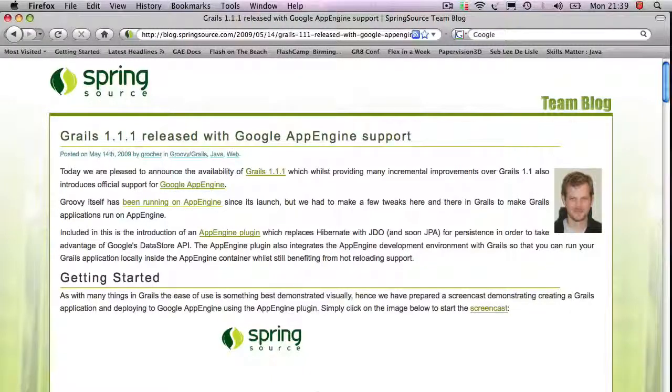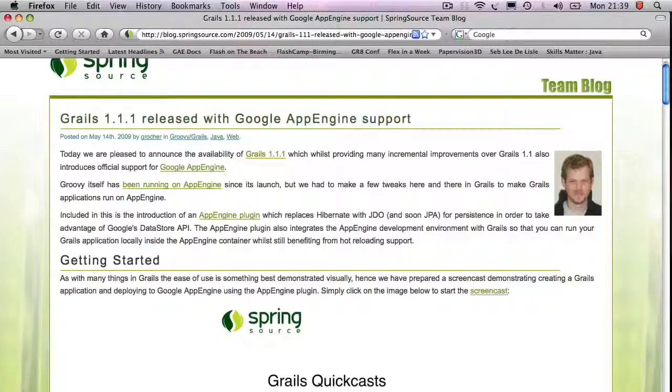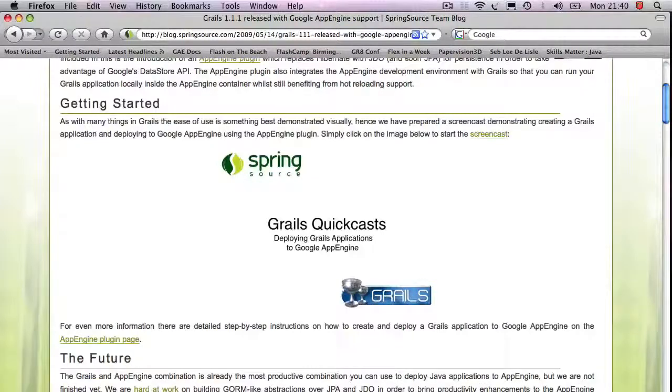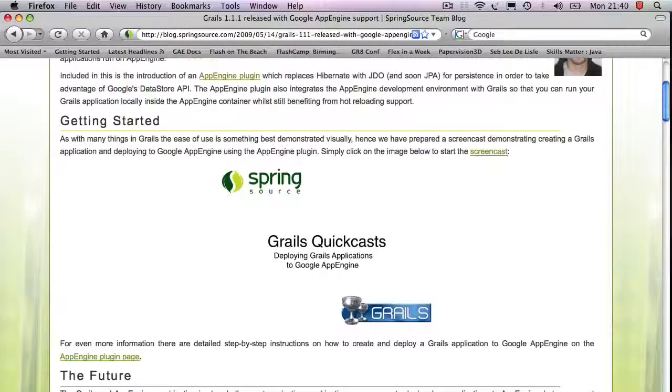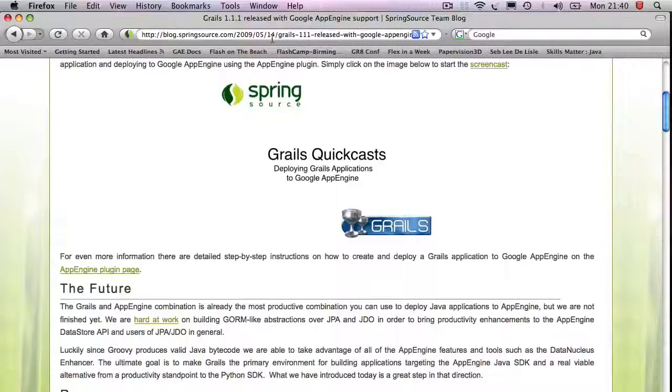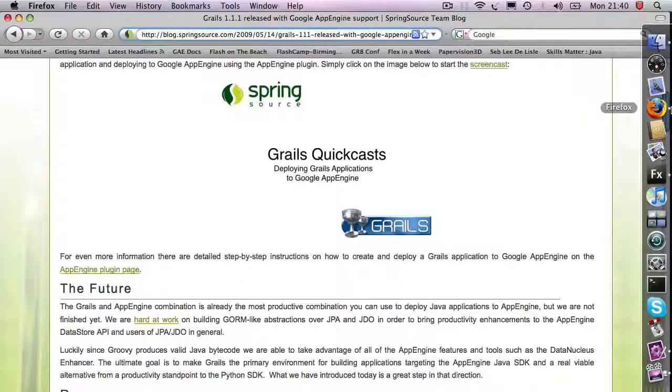I want to talk a little bit about how the SWF and the compiled Flash Flex movie gets thrown into the Google App Engine for deployment. For those of you who are not familiar with Grails and the Google App Engine, I recommend you take a look at the really quick cast that has been created by the SpringSource team. If you can go to the website, I'll provide the link afterwards. There's a really nice quick cast on how to create a Google App Engine application and deploy it